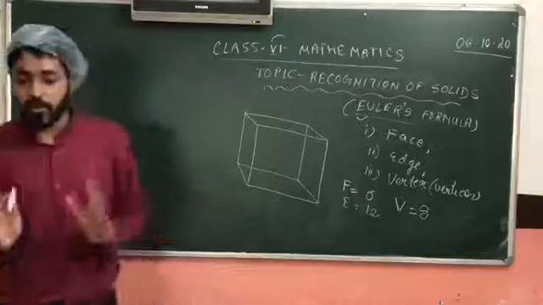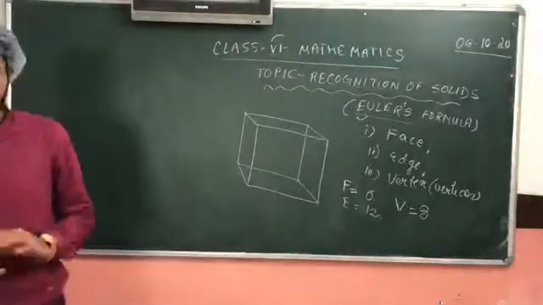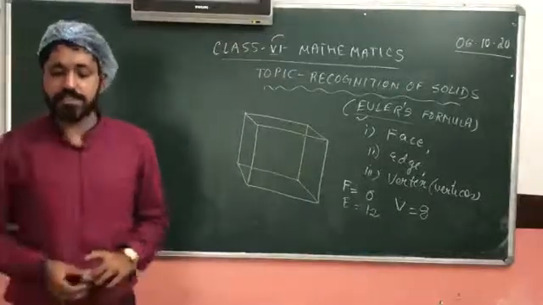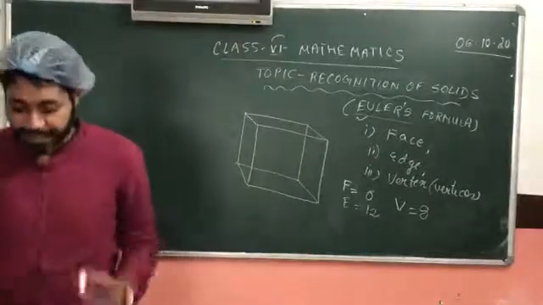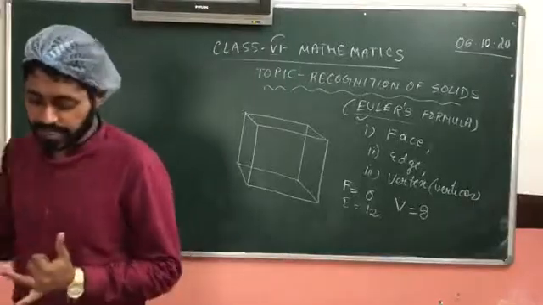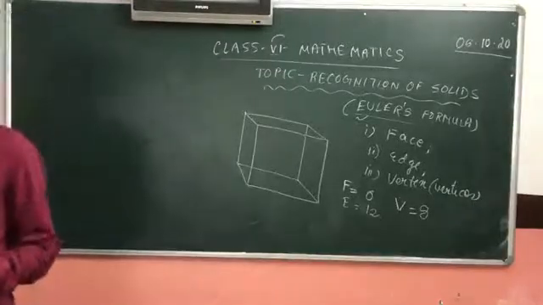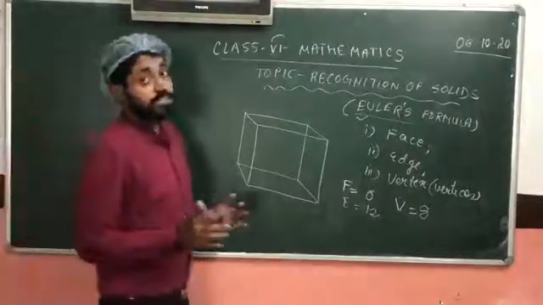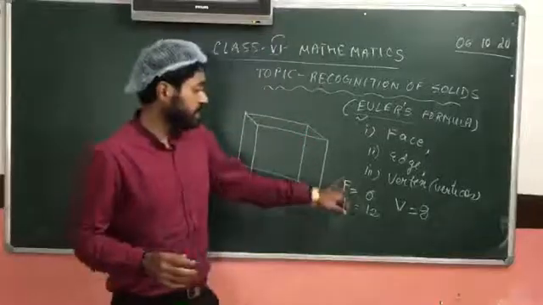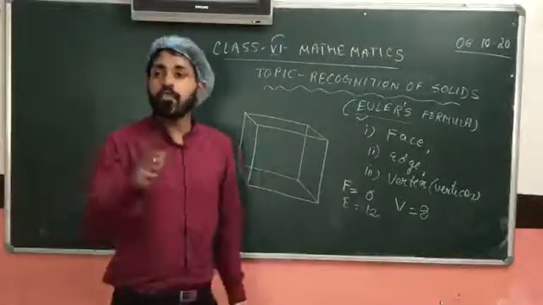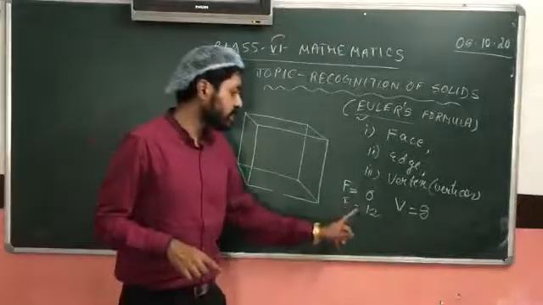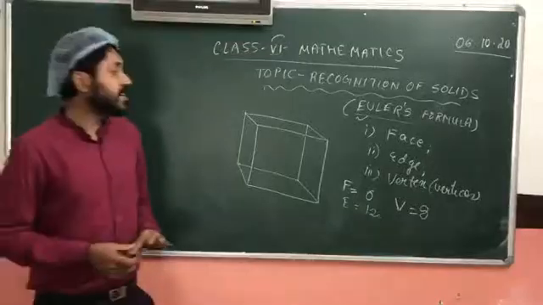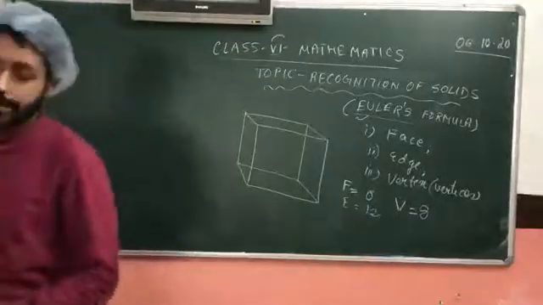Figures which are required in your book: if you open your books to page number 290, under the heading faces, edges and vertices of solid shapes, you will find a cuboid, a cube, a cone, a sphere, a cylinder, a prism, a pyramid. You have to know what those figures look like, and how many faces, edges and vertices are there. If you know how to draw the figure correctly, you can automatically deduce these from the diagram itself. Now, turn to page number 292, where we will do Euler's formula.